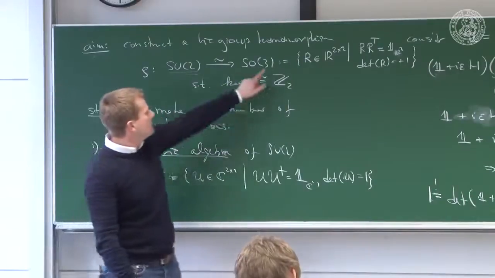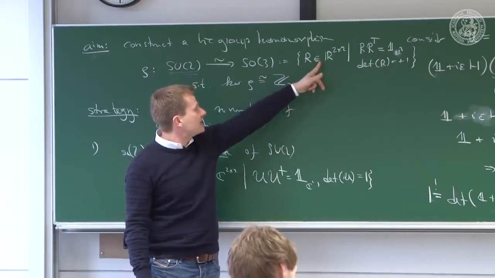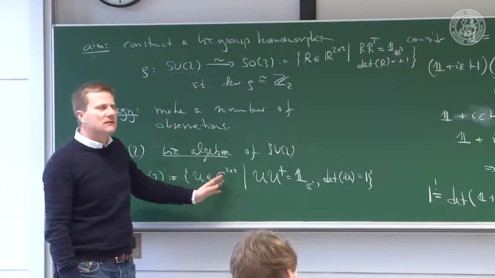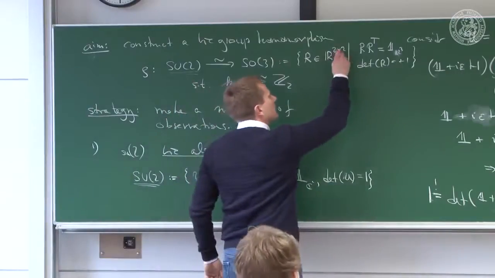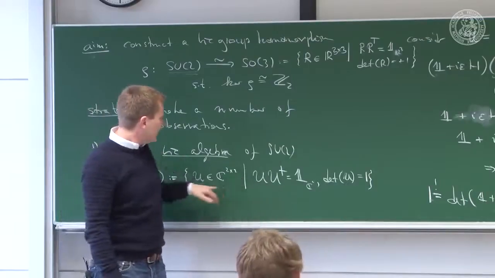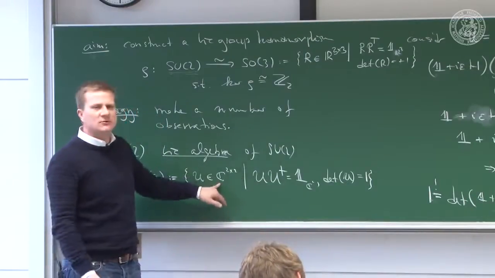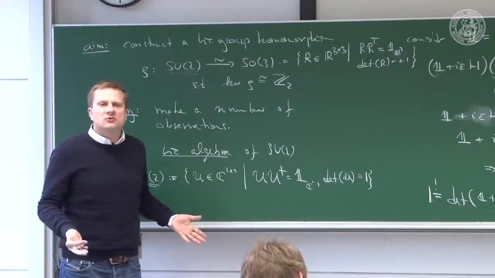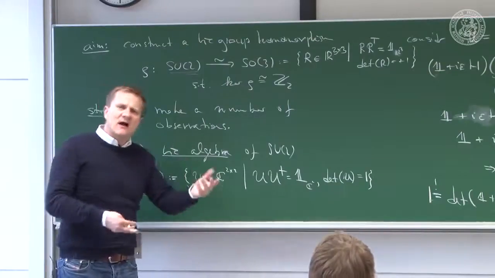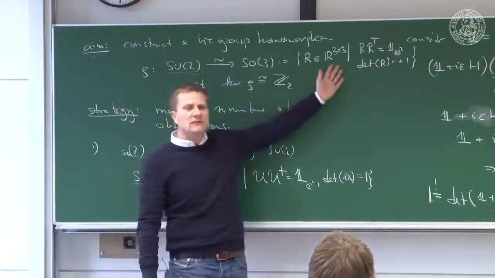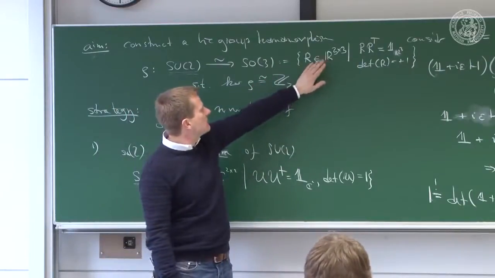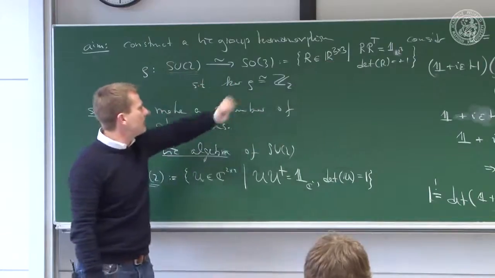Now, if I had taken the defining representation of SO3 going from R3 to R3, and compared it to the defining representation of SU2 that goes from C2 to C2, they have nothing to do with each other. One is R3, the other one is C2. You can think of C2 maybe as an R4 with an extra structure, but it seems to have nothing to do with R3. But the trick is you can take the representation space R3 of SO3, the defining representation space, and compare it to this Lie algebra,